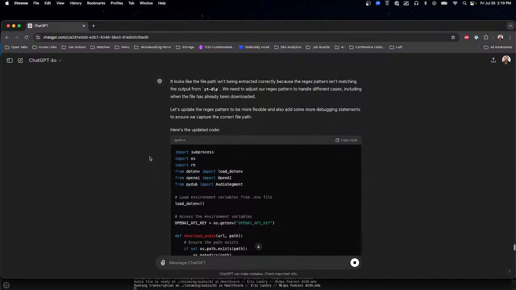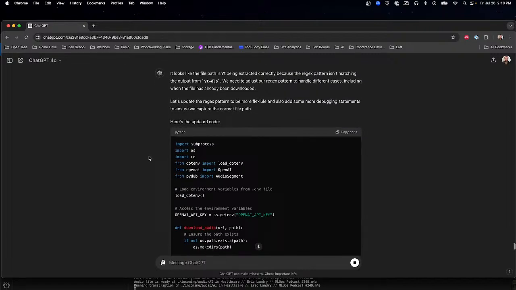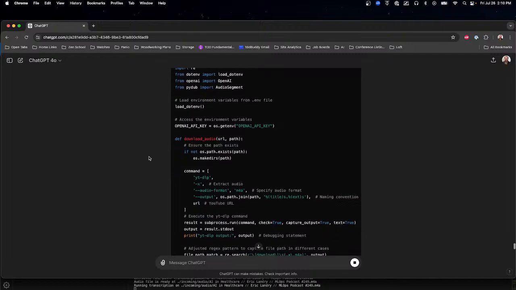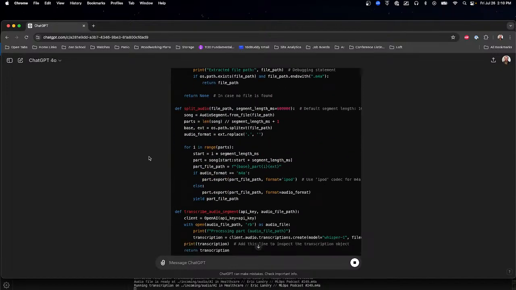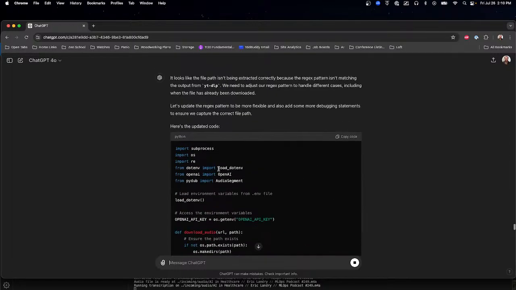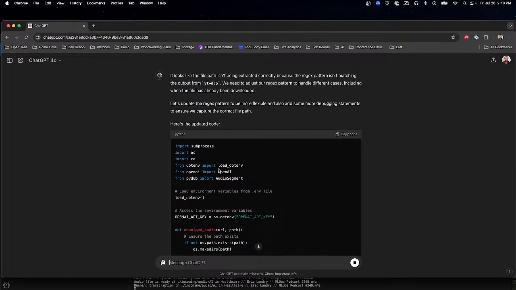Isn't being extracted. Is it matching? We need to adjust array. Okay. So it's telling me that it's found the right solution. I know that is the case. Like when the file exists, it's not going to replace it in the file system. Hence, it returns none, and then it has a bit of a problem. So that's accurate. Now, what it's advising me to do is unfortunately inaccurate.